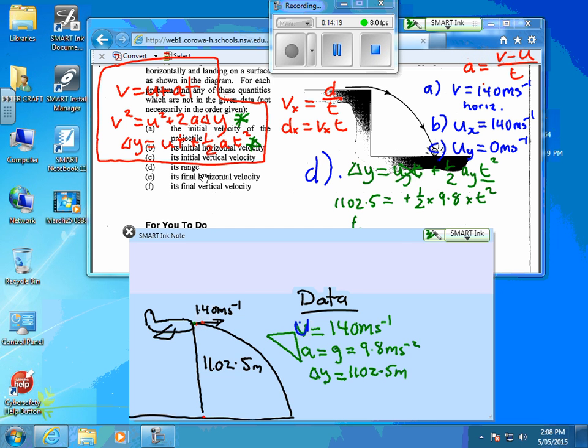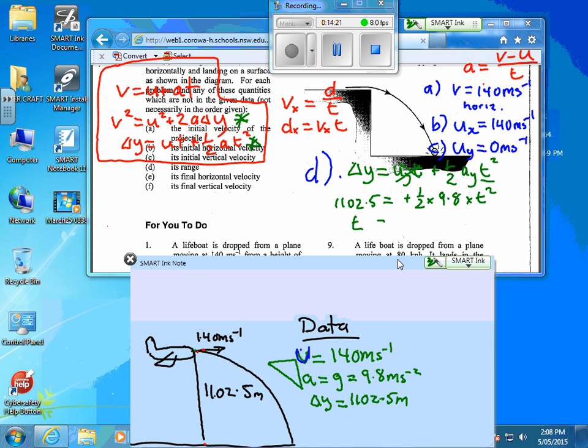Therefore, t is going to equal the square root of 2 times 1102.5 all over 9.8. And that'll give me the time. That's a half. So because that's 2 on the bottom of that side, I put it over there on the top. That's that multiplying through. 15 seconds. So it takes 15